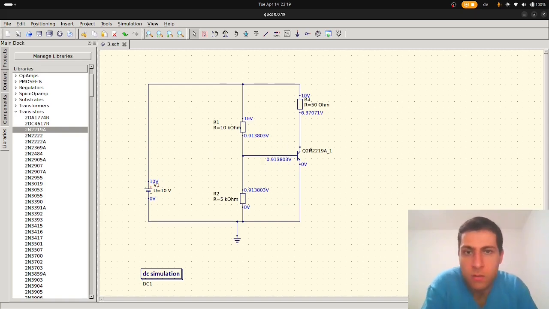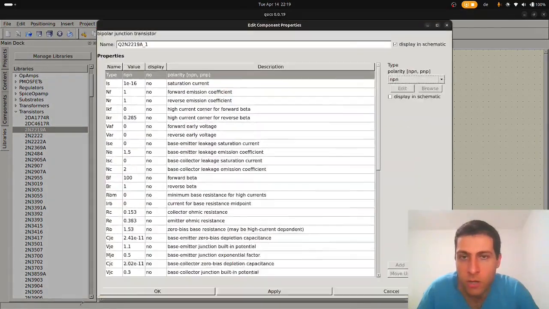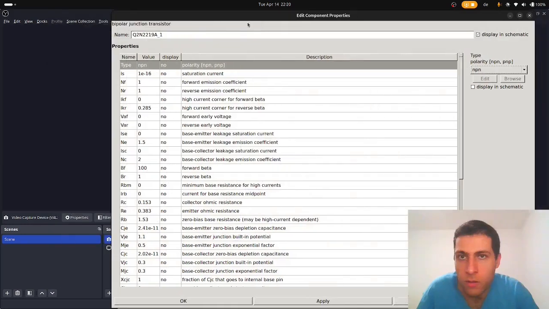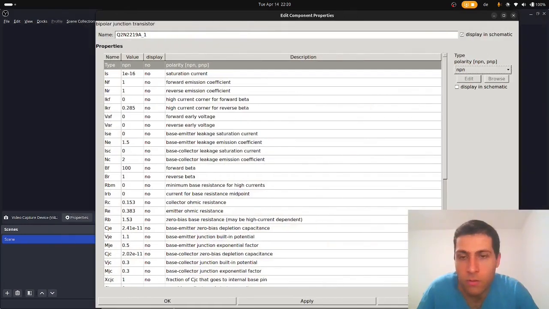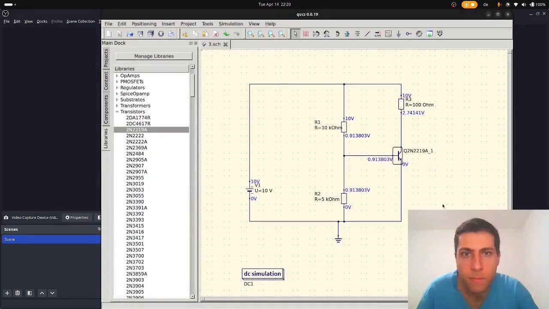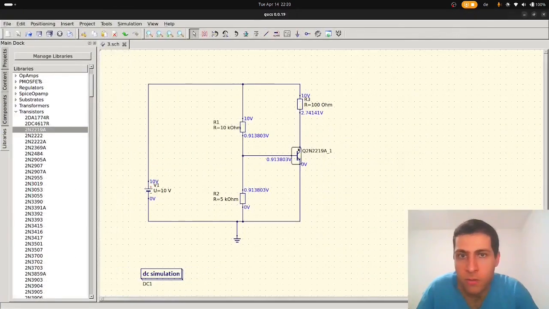Okay, now this is good. Now this is really good, and I'm gonna turn this into something even better. Okay, now this is perfect. I'm using this component which has an IS of, excuse me, oh, wait a second. Okay, which has